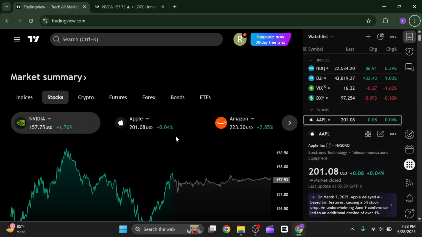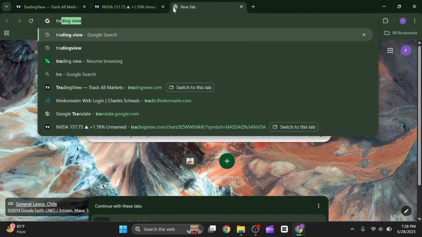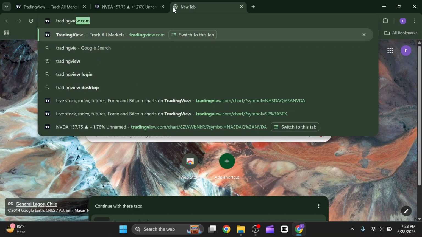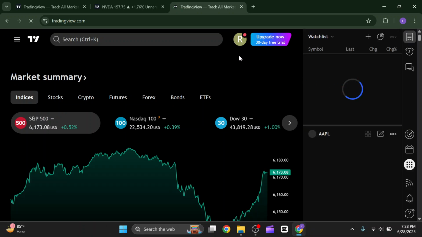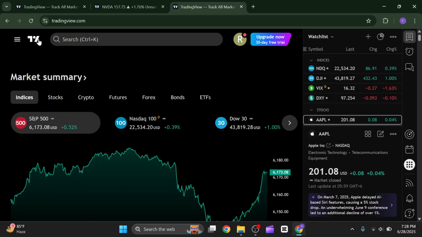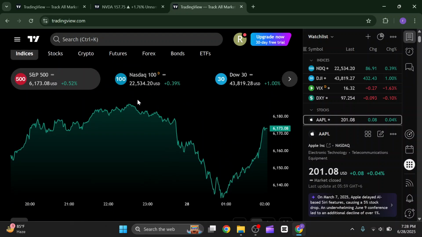So in this video I'm going to show you how you can copy candles in TradingView. So first of all, you have to open a new browser tab and search for TradingView from here, and after coming to the official website, you just have to simply log into your account. And after logging in, you have to just select a